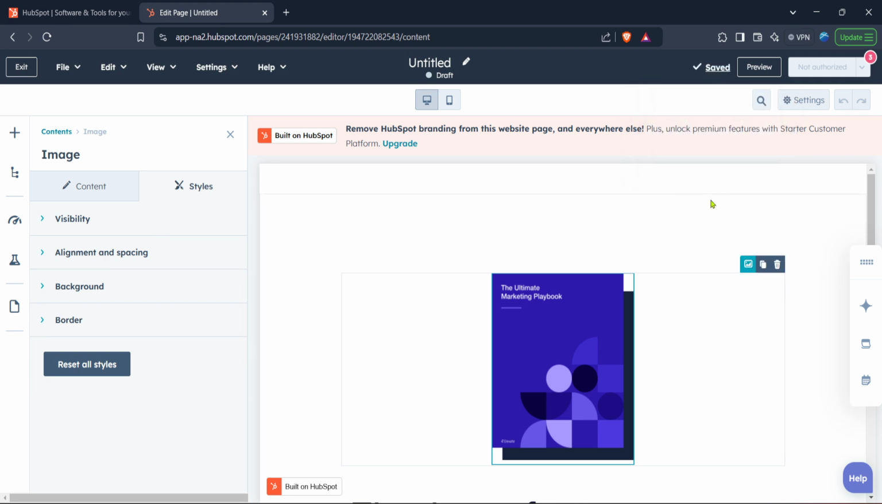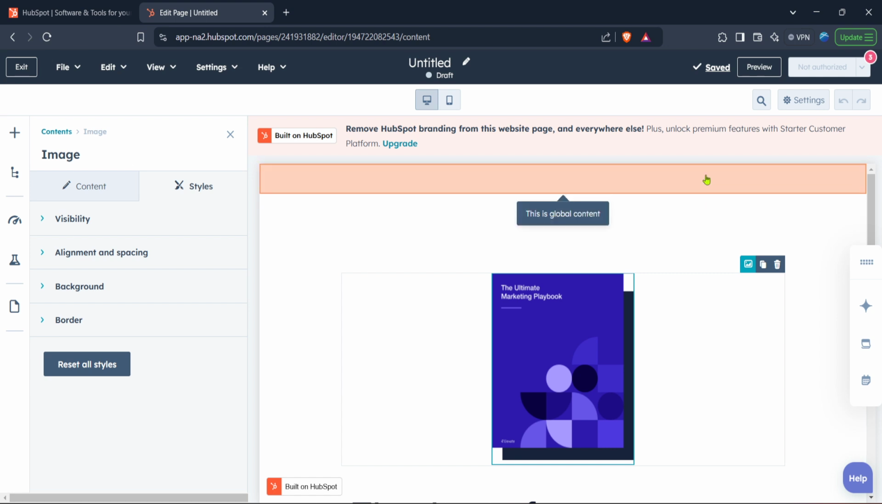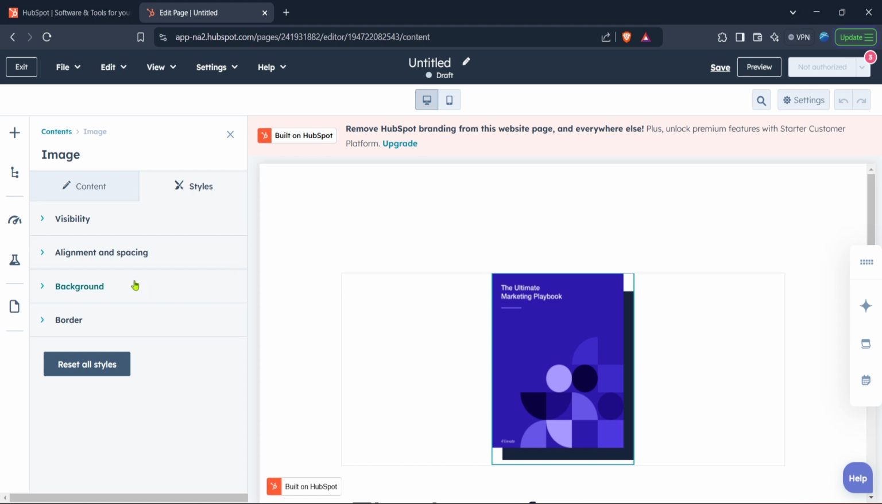Customize further as you get more familiar with the platform, and don't hesitate to explore the wealth of tools HubSpot provides. Creating a website might seem intimidating at first, but with practice and exploration, it quickly turns into an exciting project. I hope you found this tutorial helpful, and if you did, feel free to